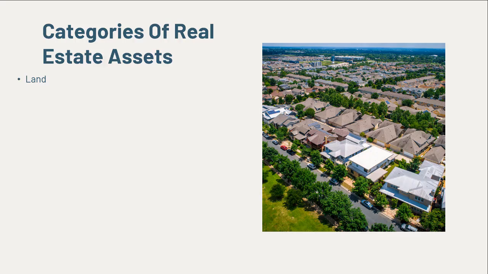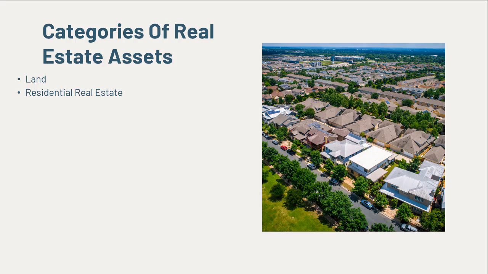Now, in the context of land outside of a city or a community, you can have pasture land, you can have land that's used for mining or oil drilling. So, land is kind of the basic unit of real estate. Most of the land we're going to be talking about in this class is not going to be used for extractive purposes like a mine or an oil well. It's going to be used in the context of a human community, so either for living in or for other commercial uses.